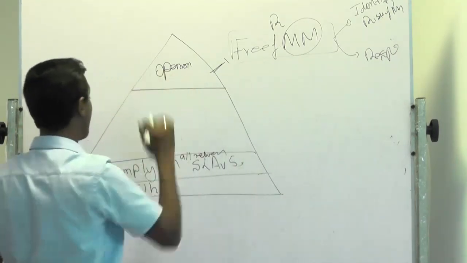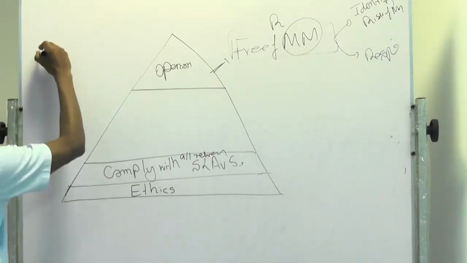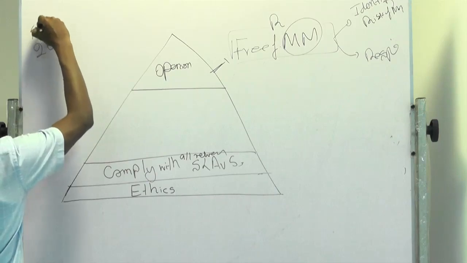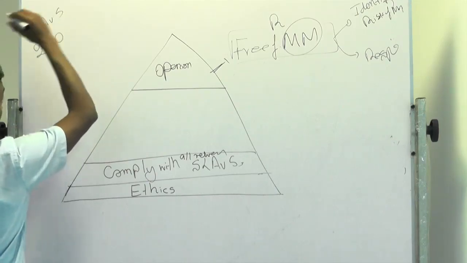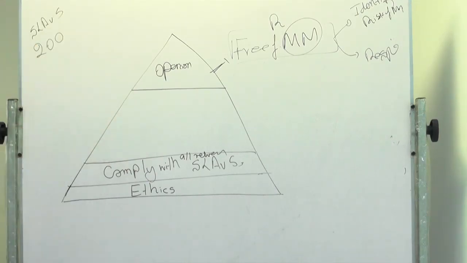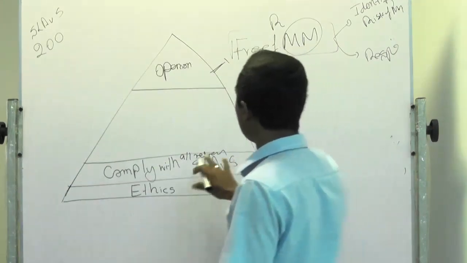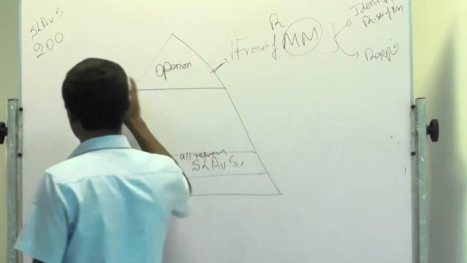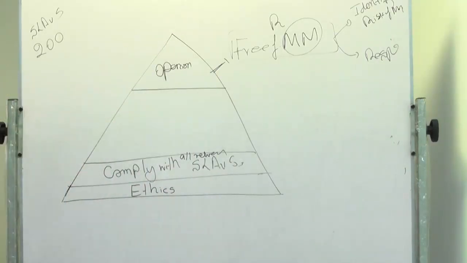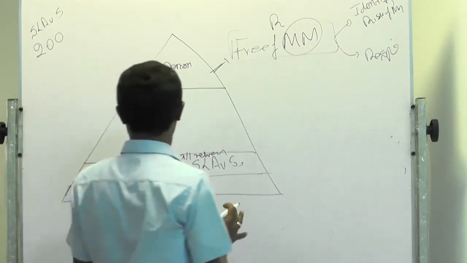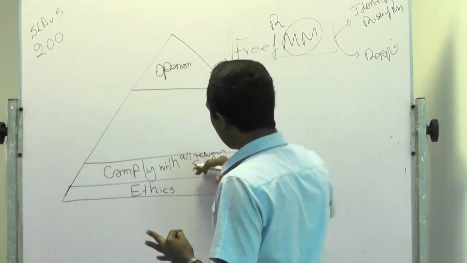Actually, the diagram I am going to show is based on one auditing standard, which I am sure you would have come across. This is called Sri Lanka Auditing Standard 200, the objective of an independent audit of financial statements and conduct of an audit in accordance with auditing standards. This standard may be about 30-40 pages. I am presenting it to you in one holistic picture. So, we have to follow all the standards.